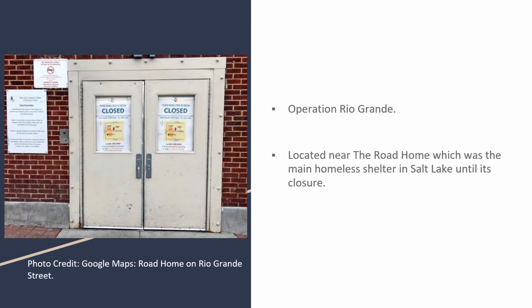Emily Means on the news station QUER addresses some criticisms of police involvement with camp abatements and closures. She does this through Operation Rio Grande. Operation Rio Grande was a cooperative effort between the city, county, and state to address crime and homelessness in downtown Salt Lake and served to stop homeless people from camping on Rio Grande Street. Rio Grande Street was the street just in front of the Road Home, which was the main homeless shelter in